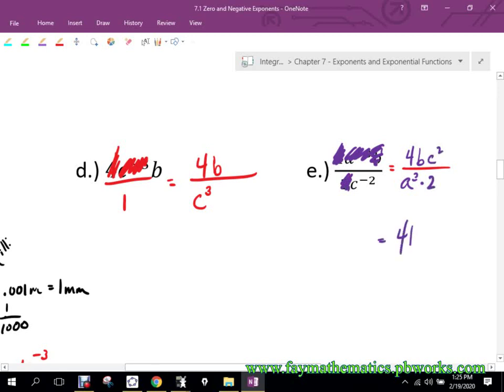A lot of times, guys, will rewrite this. They just like to write your constants out in front. Because eventually, when we start simplifying, what are you going to notice that you can do with a 4 and a 2? You can divide those. I'm not going to really worry too much right now about that, but that will be the practice eventually. Put all your coefficients out front and see if there's a GCF between them that you can factor out. Does this negative exponent stuff make sense? Okay, so